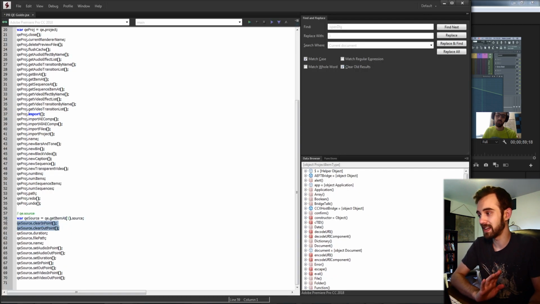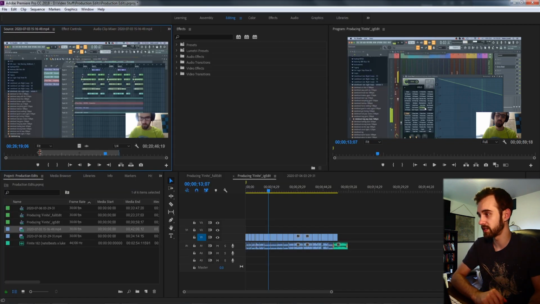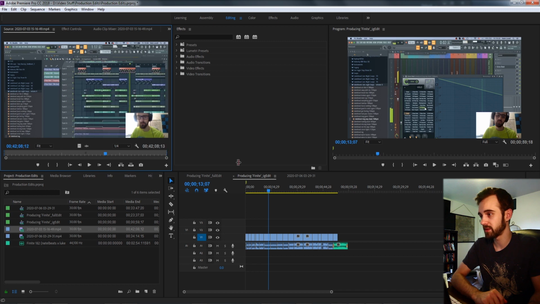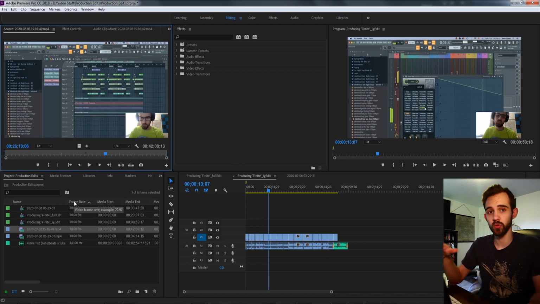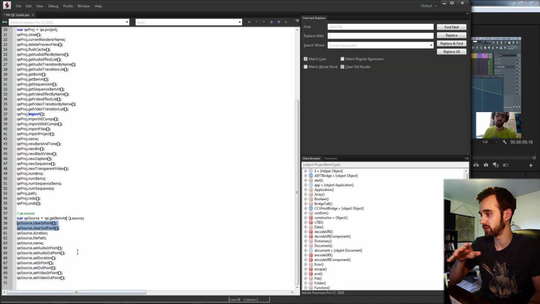So you can clear the in and out point of your clip, which again are these guys here. So if you had some custom setups or you wanted to reset all of the in and out points you set, you can do that. You can also grab the duration of the entire clip, the file path to the source of the clip, as well as the name of that project item or clip.